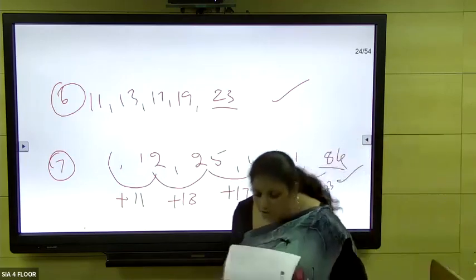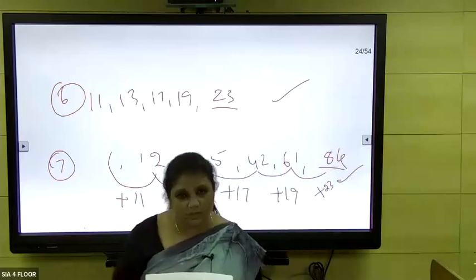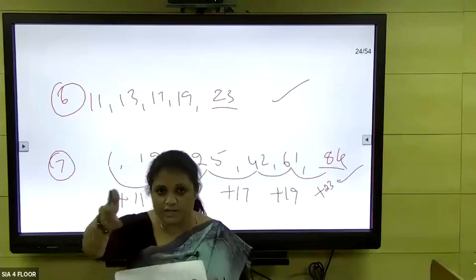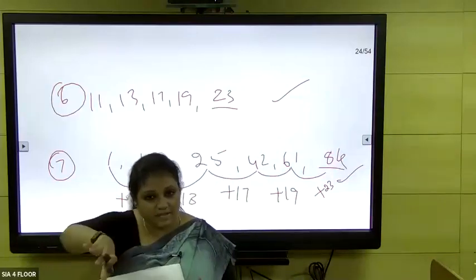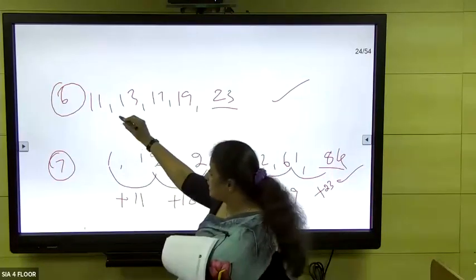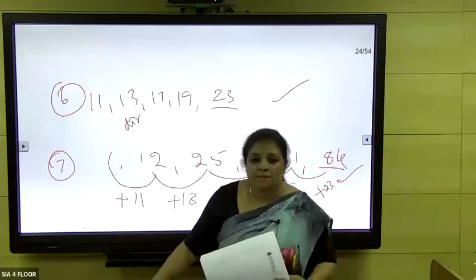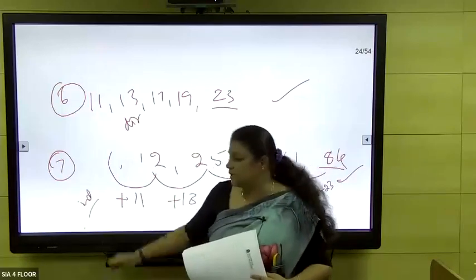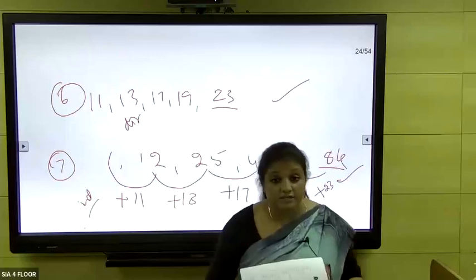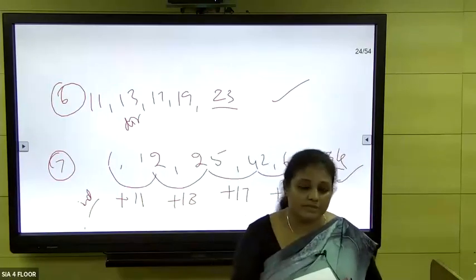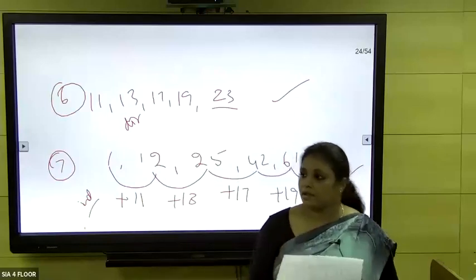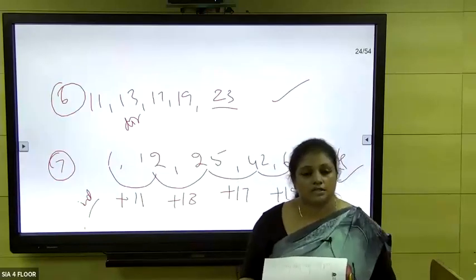So whatever we have solved now is just for explaining step number 1. That's what I told you about square, cube, or prime. Sometimes it may come directly, or sometimes indirectly like this. This is a direct sequence of prime numbers, and this is an indirect sequence of prime numbers. It's indirect when you take a difference for some other sequence, you get a prime number sequence. All right, okay.